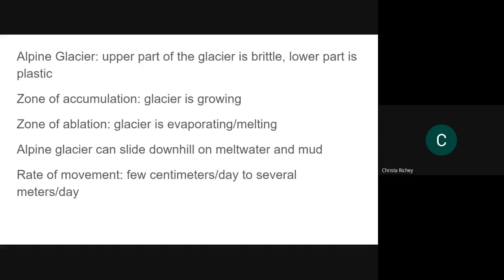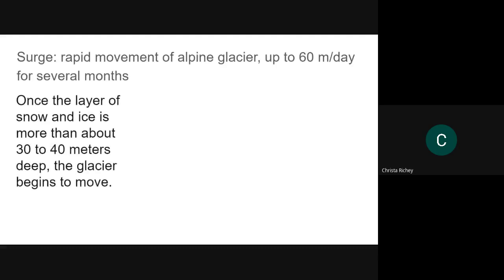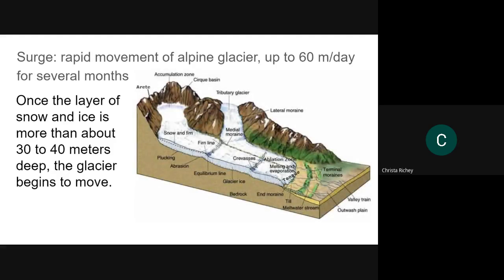Zone of accumulation is where the glacier is growing. If it is retreating, it is called a zone of ablation. The technical term is that it is retreating. Surges are extremely quick. And I'm not sure if I put this image on the canvas. I think I did, because it shows a bunch of different terms that are all pinpointed, because we are about to go through the bulk of these. Not every single one. There's a lot more vocabulary.